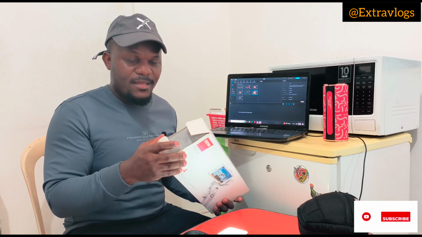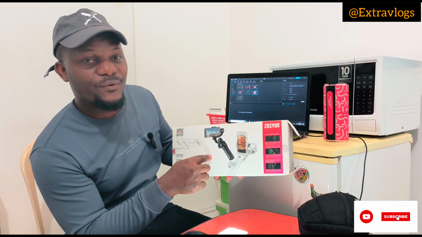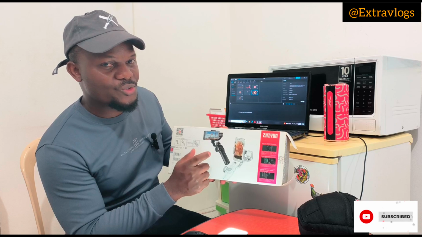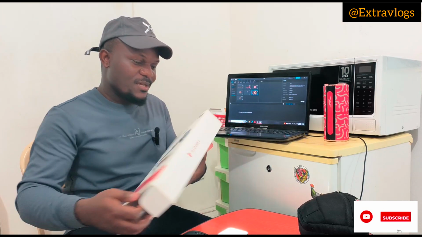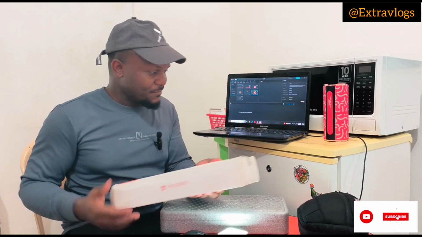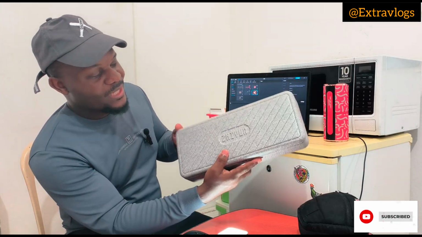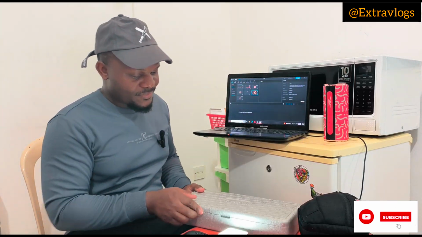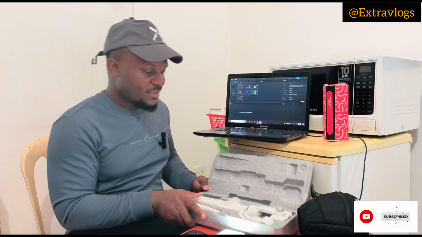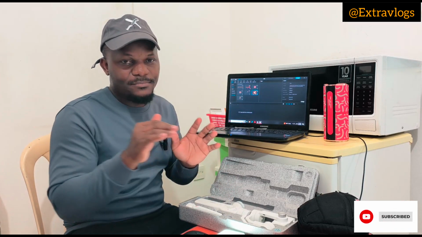This is my gimbal. This is called Smooth 4. It's a nice gimbal. I've used this one for almost 1.5 years. It's really nice, and I'm keeping it really safe because I don't want it to have any damages, because it's something that is really unique. You can see how it's packed, and this is how it comes. It's like this. Yeah. These are some of the tools that I use, either when I'm editing or when I'm